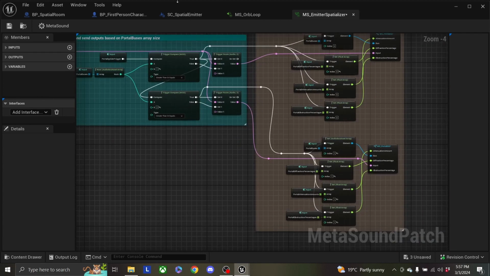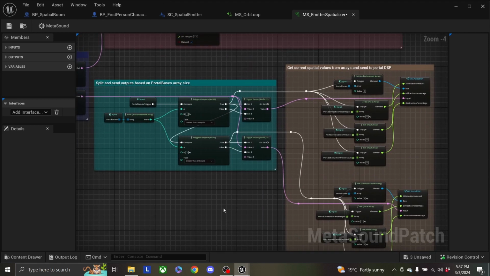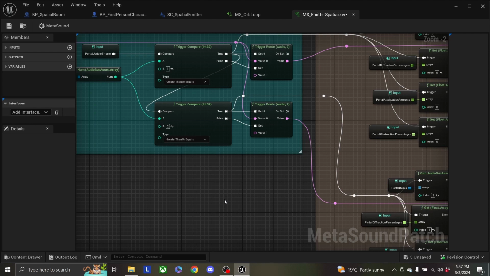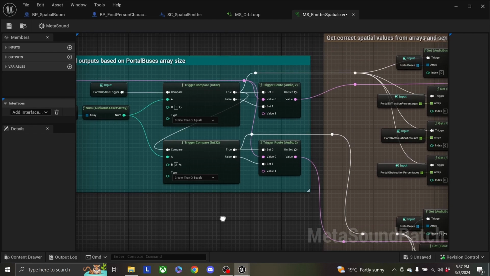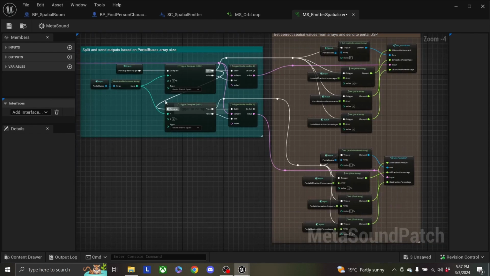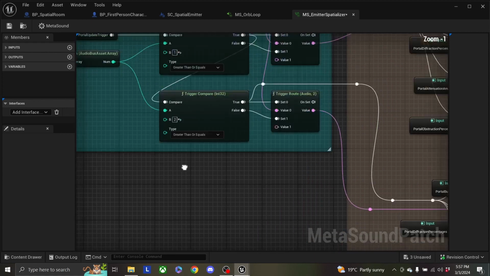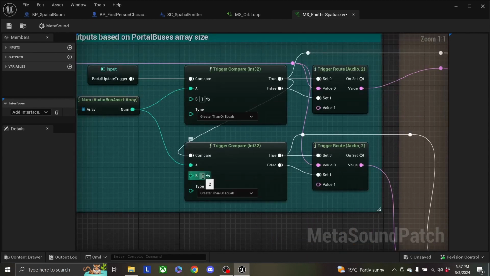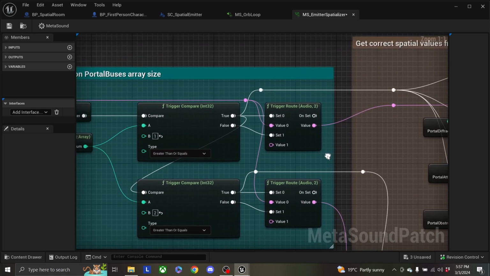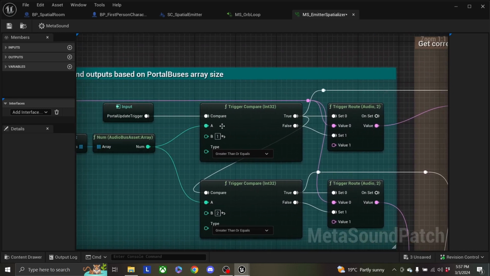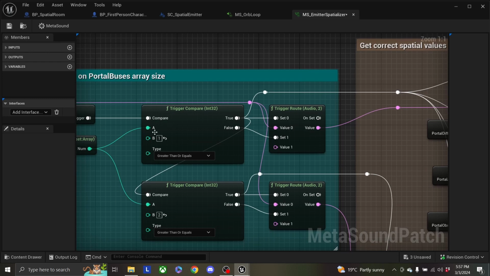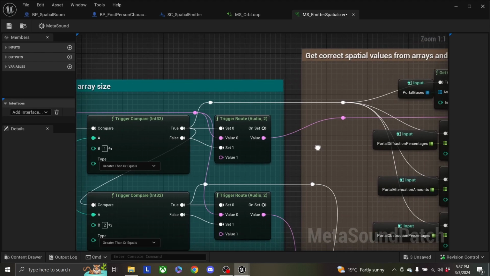For this demo, I have only set up 2 buses. So there could only be 2 portals that connect the same 2 rooms. But if I wanted to do more, I could just duplicate all this stuff and continue adding it down, update this to 3 instead. So if this is true, so say there's at least 1 portal bus, then